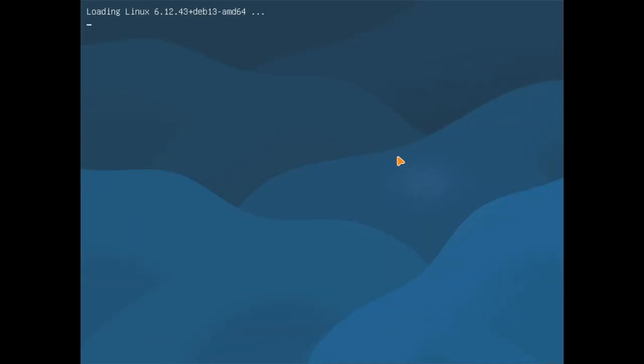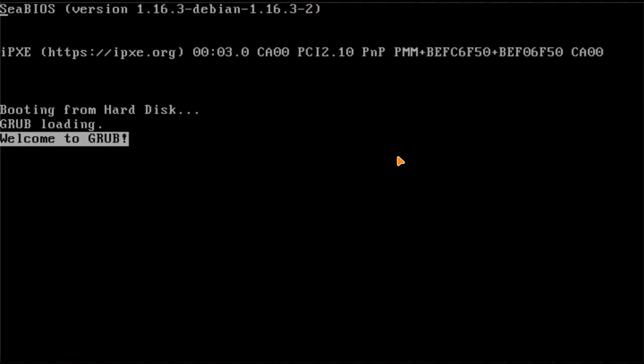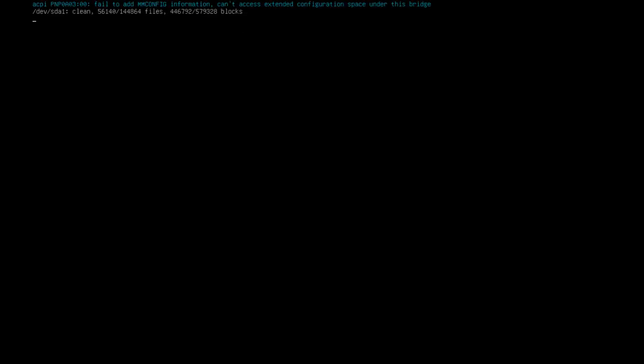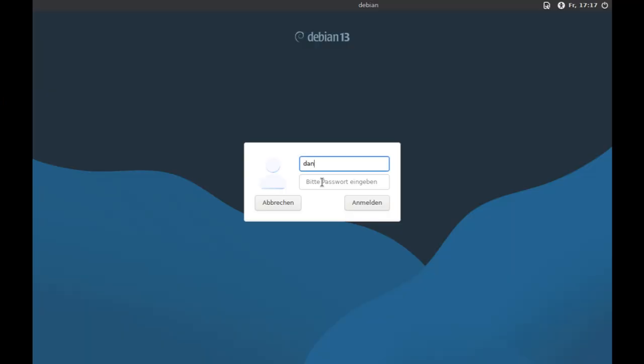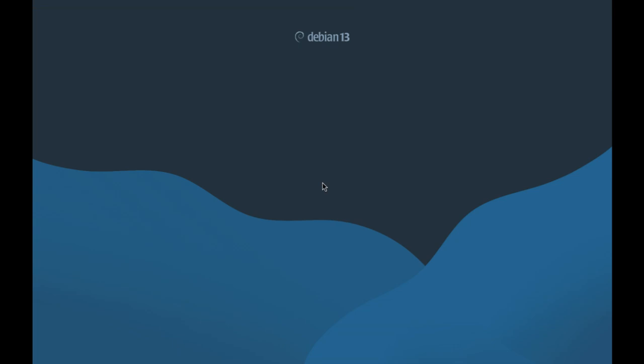This is the GRUB bootloader, and we start the system here, the fresh new virtual machine. LightDM, and this is Openbox with the menu, and we open just the terminal,